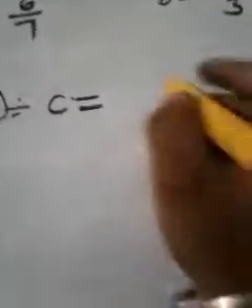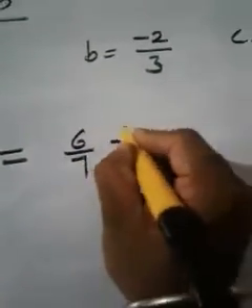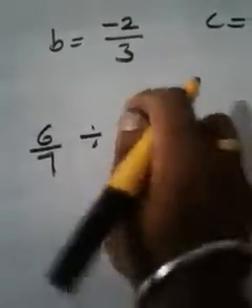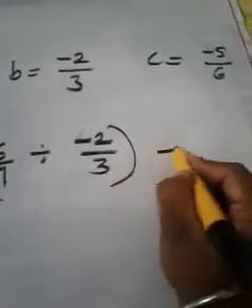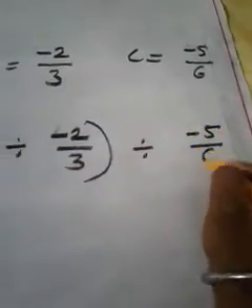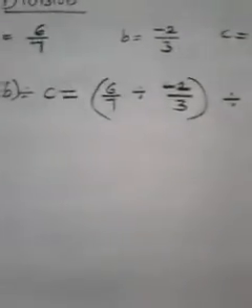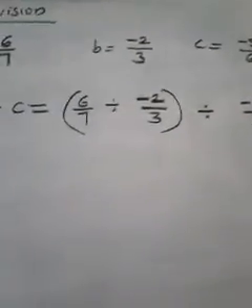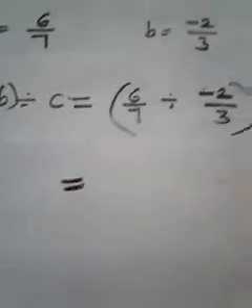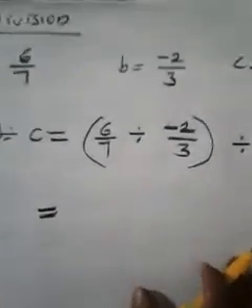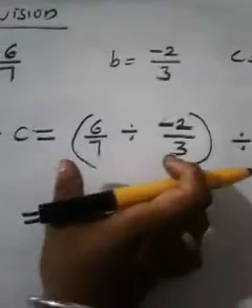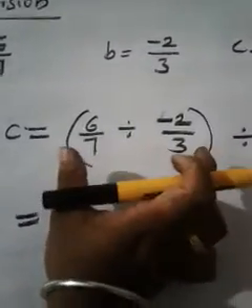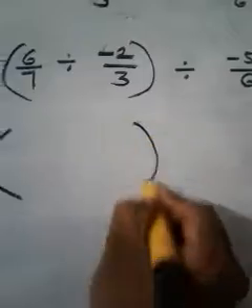Okay. And what is A? 6 by 7 divided by, what is B? Minus 2 by 3. That should be in one group. Divided by C. What is C? Minus 5 by 6. See, same thing I have written in this way. Any problem? No problem. Then now just see, I told you we have to give preference for the things inside the bracket. At that time we can rewrite the next term as it is. We have to give preference for the operation in the bracket. Okay, so let us consider the bracket term first.